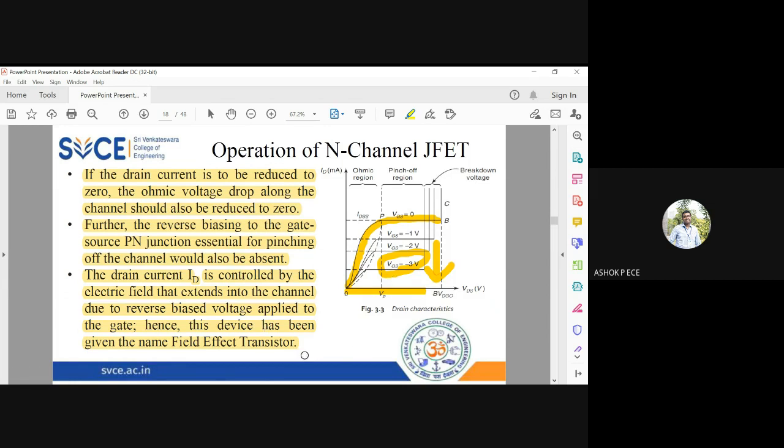That is how these transistors were named field effect transistors. Whatever variation I want in my drain current, I need the help of VDS and VGS. Both are voltages, and voltages are obtained from an electric field. If you apply voltage, an electric field is set up. If you apply an electric field, voltage is obtained. Both are interdependent. So if I want to manipulate my drain current, I have to play with VGS and VDS. Very, very, very important.